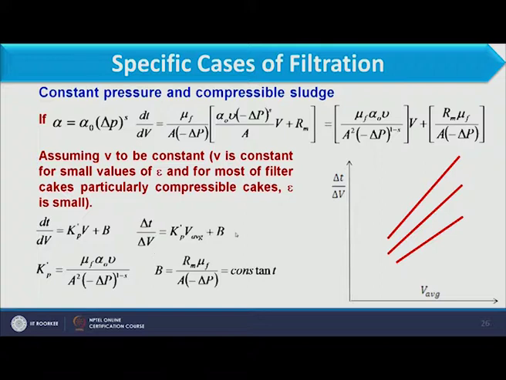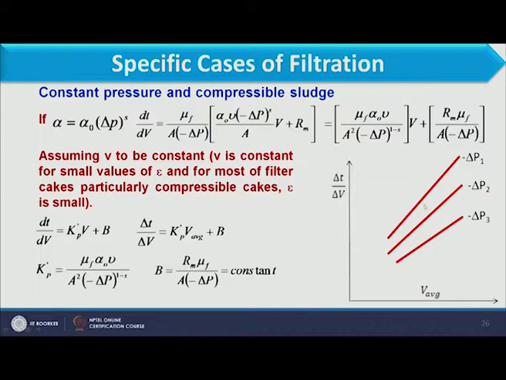Here you see a single expression is there, but we have three lines. Why we have three lines is because of different pressure drops. Here we have considered constant pressure drop. So how will these three pressure drops appear? In one pressure drop we carry out the whole filtration process, and then we change the pressure drop, and at that particular pressure drop the whole filtration process is carried out, and similarly for the third pressure drop. So though we have considered 3 different pressure drop values, this will be a constant pressure drop operation. Why we are doing this will be clear after some time.